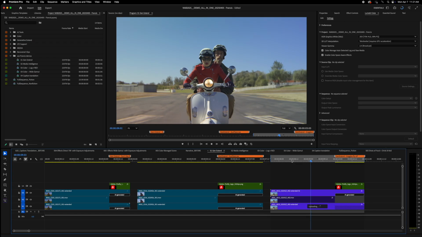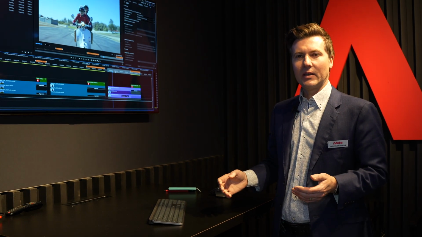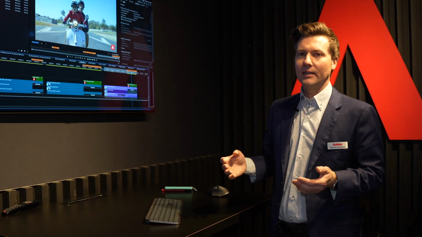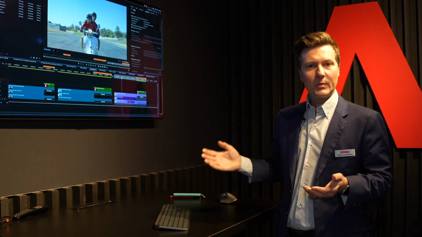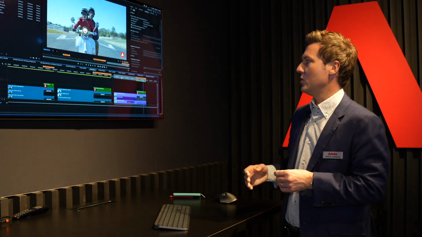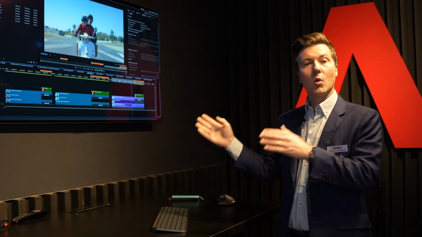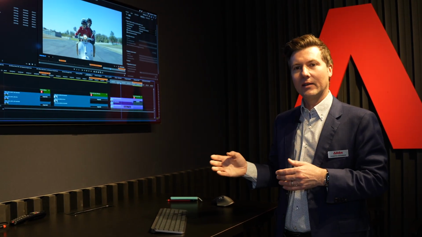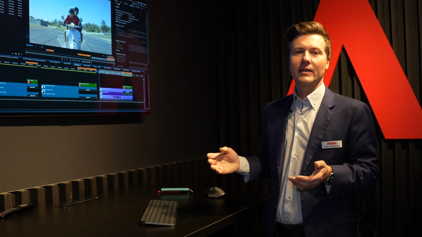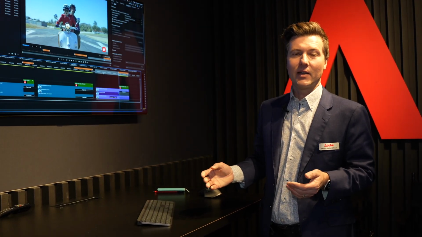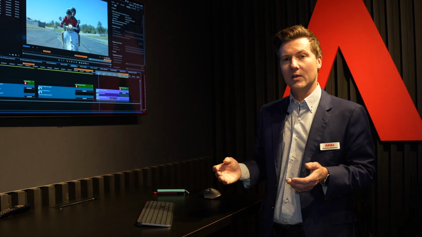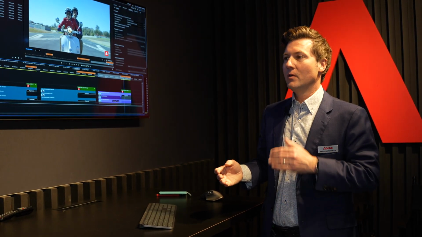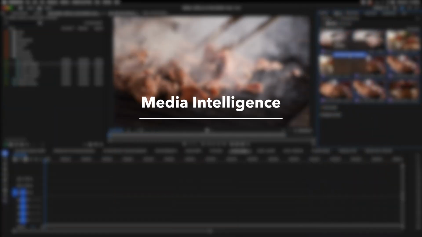And again, it's going to allow you to really clean up transitions, get that extra little bit of footage you need to just time and edit perfectly, fix mistakes, all sorts of stuff. You can extend the tail or the head of both video and audio. And again, you can extend 2 seconds of video or 10 seconds of audio. And when it comes to audio, it's actually really great for extending room tone or sound effects. So, wonderful tool. The next thing I want to show off is media intelligence.